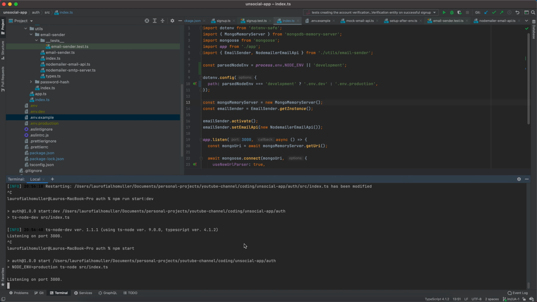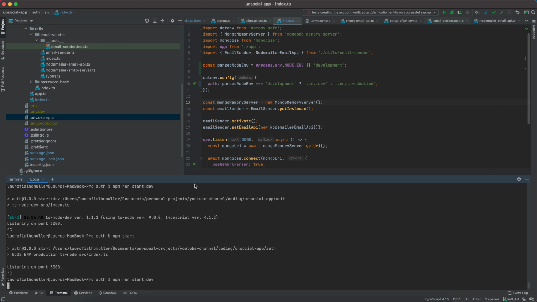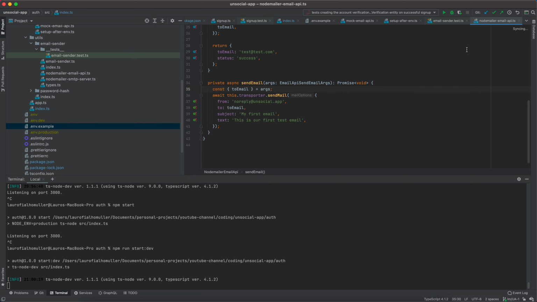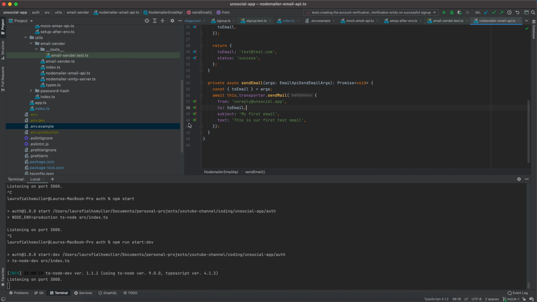The last change I want to make here: I will stop the production environment and I will run the development environment. And the last change I want to make is within this NodeMailer email API. So if I come back to the NodeMailer app, as you can see, I get a from no-reply at unsocial.app. That's fine, right? It's not a problem, but it can be slightly improved